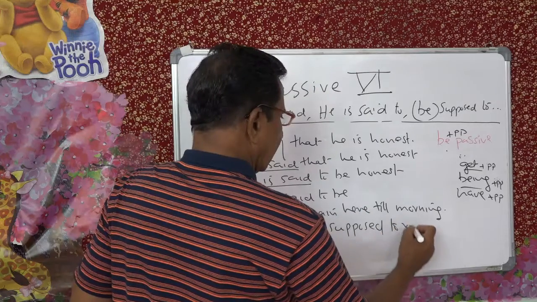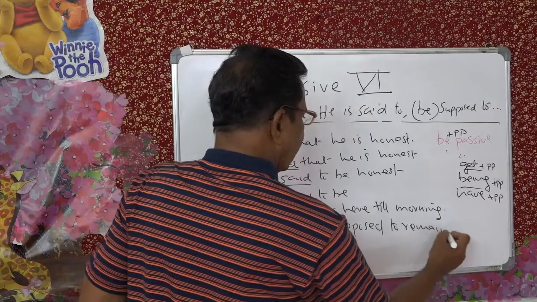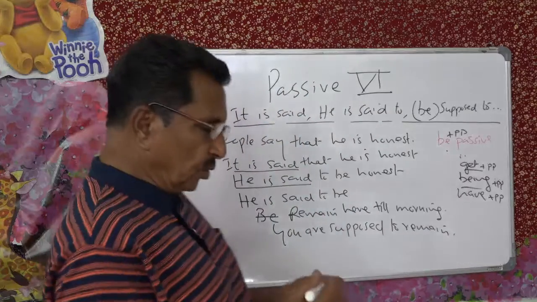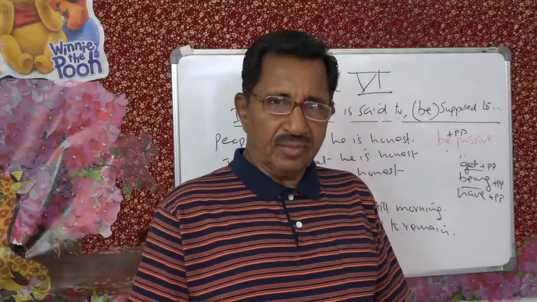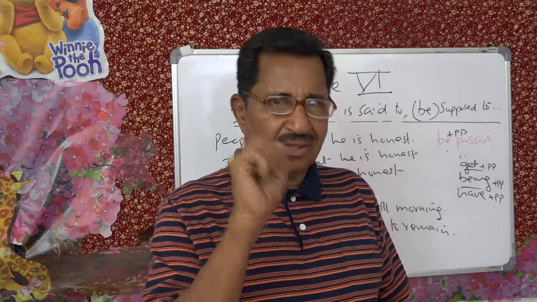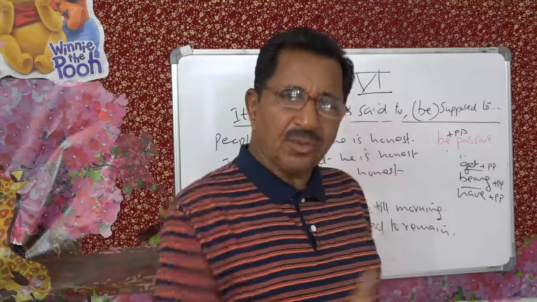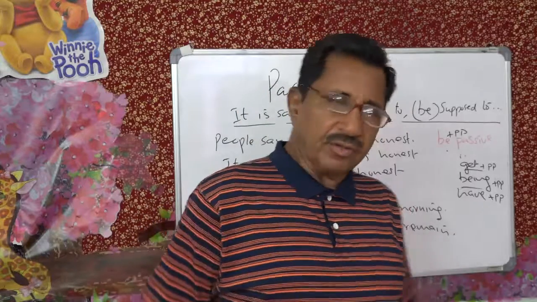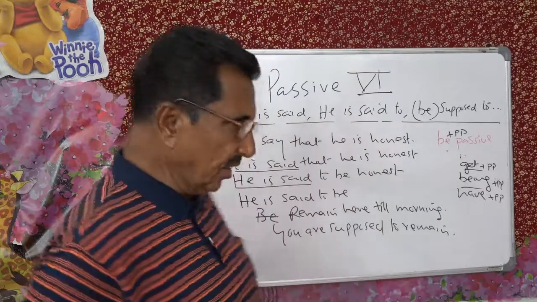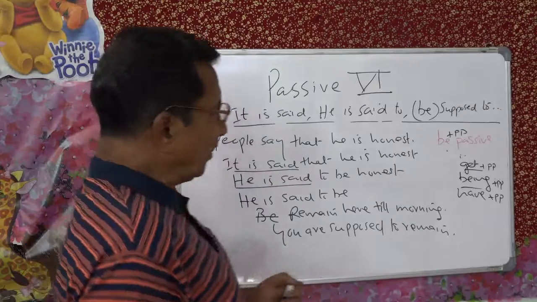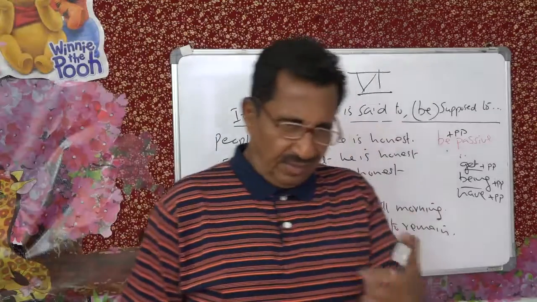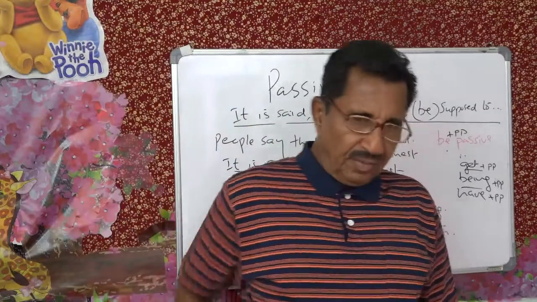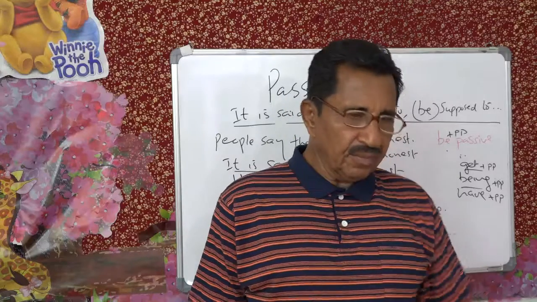The train is supposed to arrive at the junction. There is some kind of compulsion there. According to the schedule, the train is supposed to come at 4:30. But when will the train come? Yes. "Is supposed to" is very common. We will be using that. You are supposed to come tomorrow.